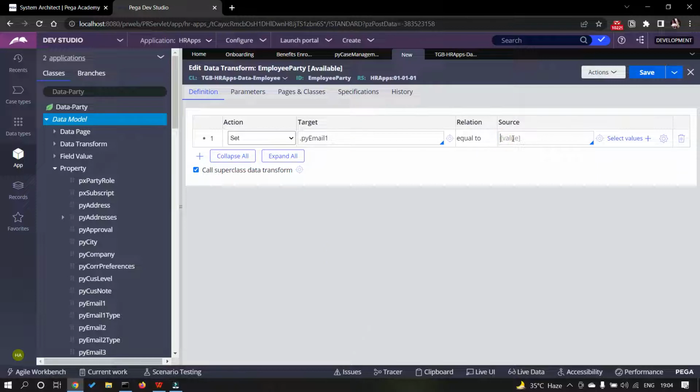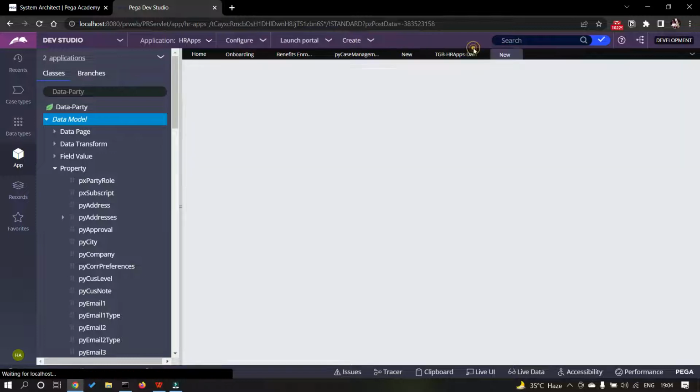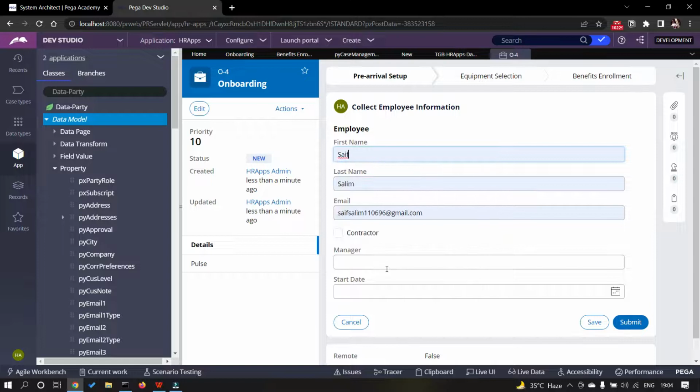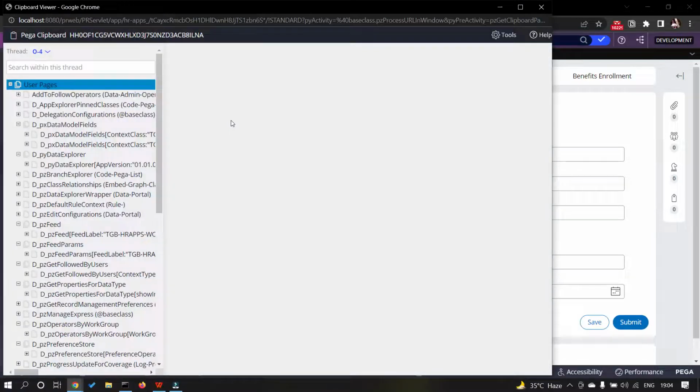So we will set py email from source, like we have to set it from somewhere. So as you know that when we created an onboarding case, I'll try to create one quickly and then save. I have to copy the value of email that I have inserted here. So I can copy it